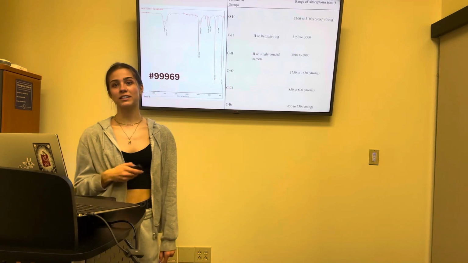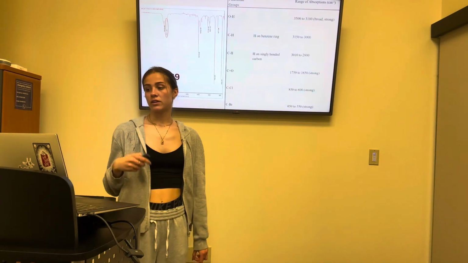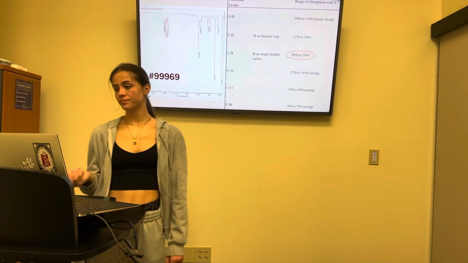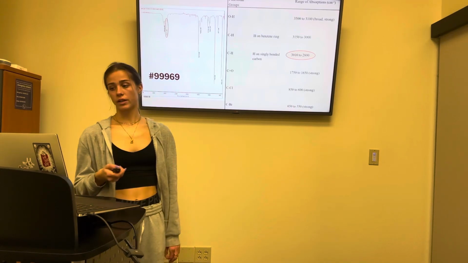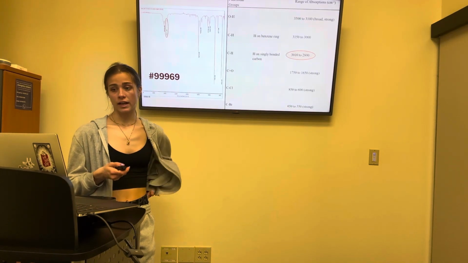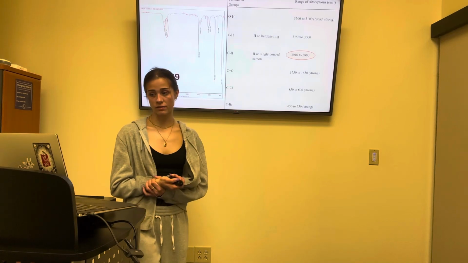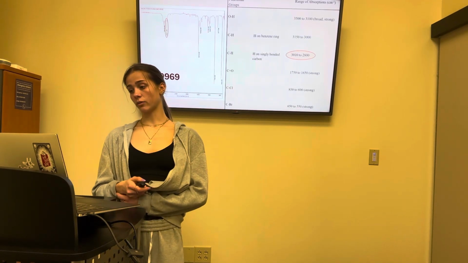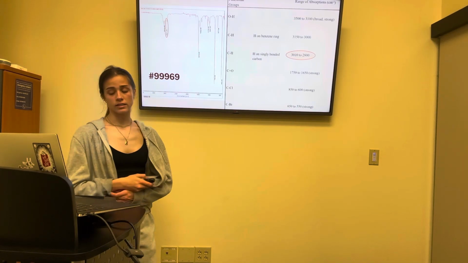There's also a peak at 2,921, which falls into the 3,010 to 2,800 range, indicating the presence of CH, where the H is on a singly bonded carbon. There's another large peak at 793 that falls into an applicable range, 850 to 600 strong. This implicates the presence of CHCl, and this peak is known for not being entirely accurate with indicating CHCl, but